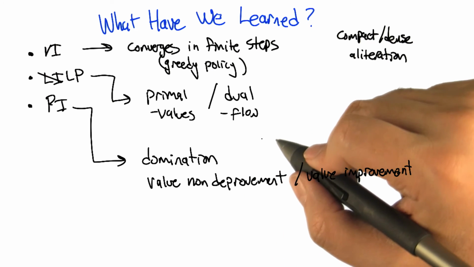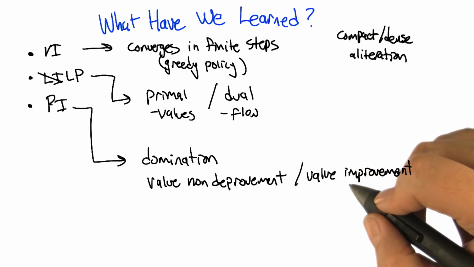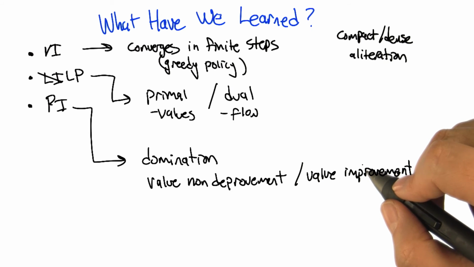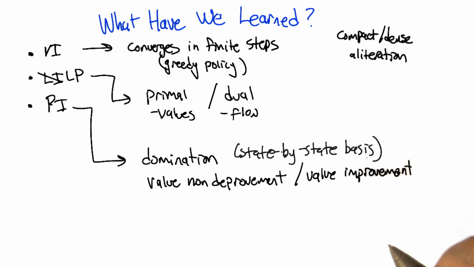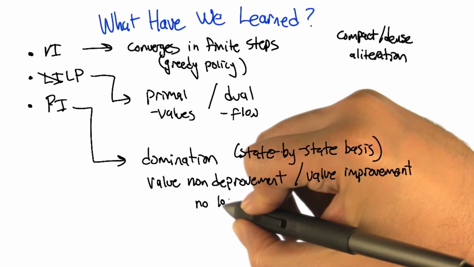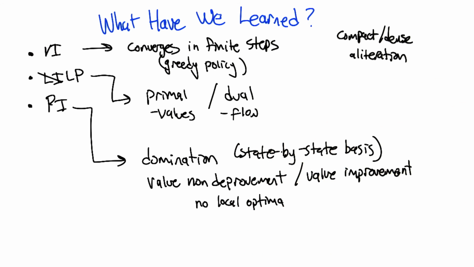Yeah, it's like a monotonically non-decreasing function. But the other thing is, we had a discussion that I think is actually pretty important, that when we talk about things like domination, we were writing them down for good notational reasons, talking about an entire value function, but really this is about things having to also be true on a state-by-state basis. That's right. Because if that weren't true, then in principle, you could cycle, and then you could get stuck in local optima. But here, we don't get stuck in local optima because things also dominate on a state-by-state basis. Cool. Kind of neat. Yeah.